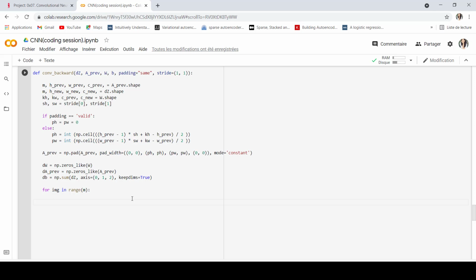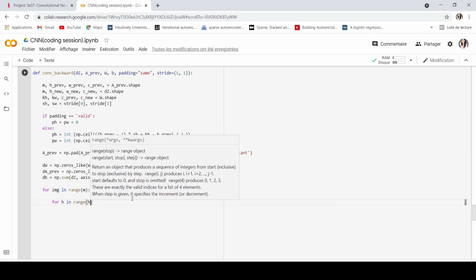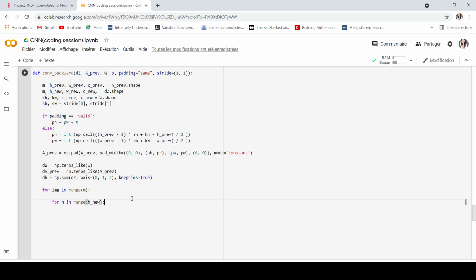So I can start with the features, I mean fix the features, or I can start with the height and the width, and it's going to give me the same results. Okay, I'm going to fix by choice the height first, and then the width.